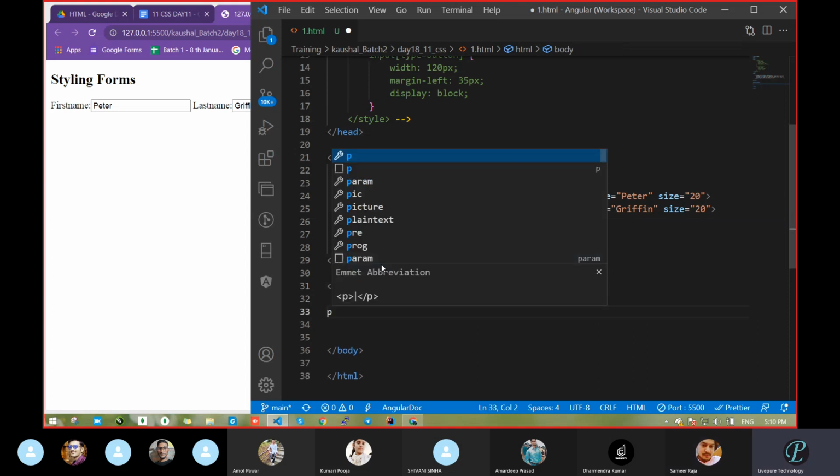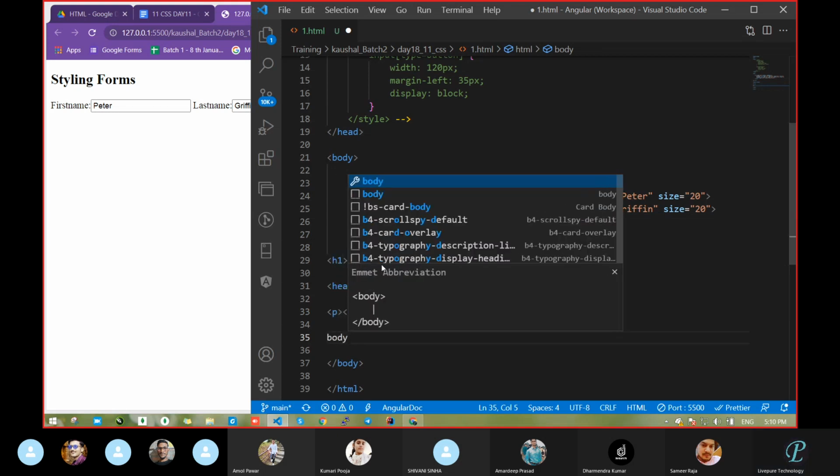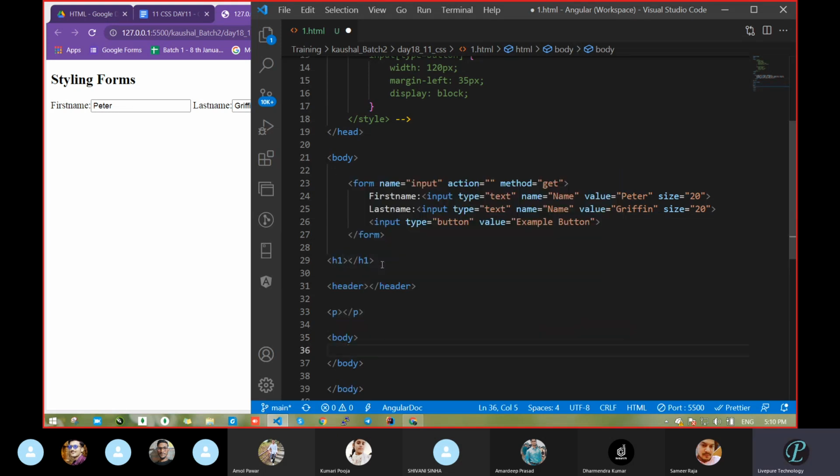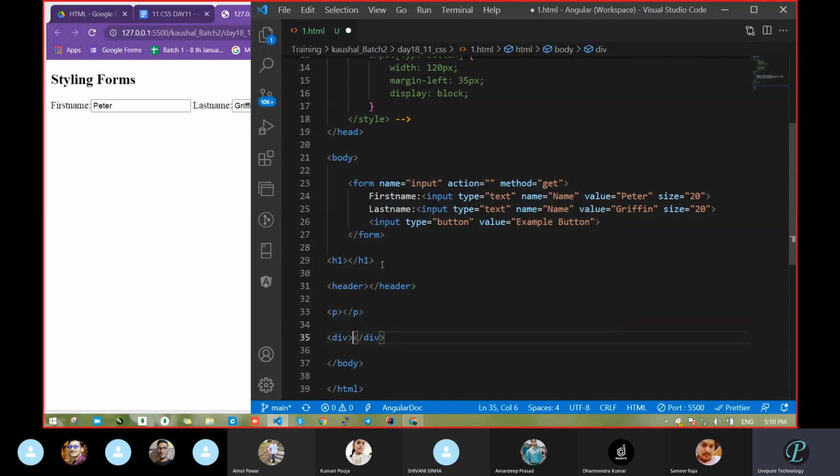Same thing with P, we can't get anything from the P. Somebody will think this is like ABCD, so this is not giving any sense. But come to here, if we take body, will you get any sense or not? Yes, sir, body means something, a body is there. Next, then div. Will you get any sense from div? No, no sense. So these are no sense, meaning non-semantic, and sense means semantic.